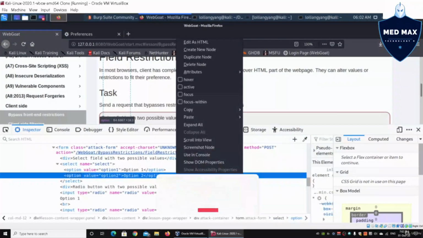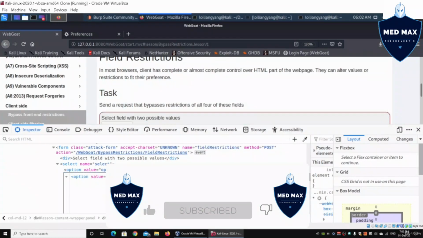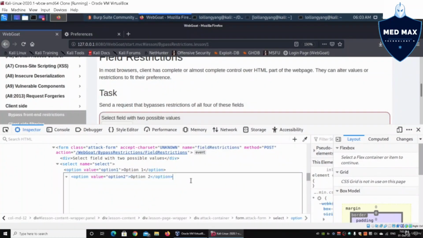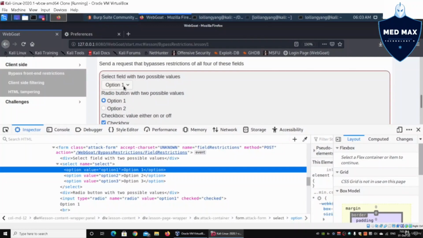All you have to do is right click and click on edit as HTML. We can copy the information over here, paste it, and change the value. I'm going to change this to option 3, and this will give us immediately an additional option to select from. If you see over here, options 1, 2, and 3. So now we have 3 options that we can submit into the web application server by tampering with the data